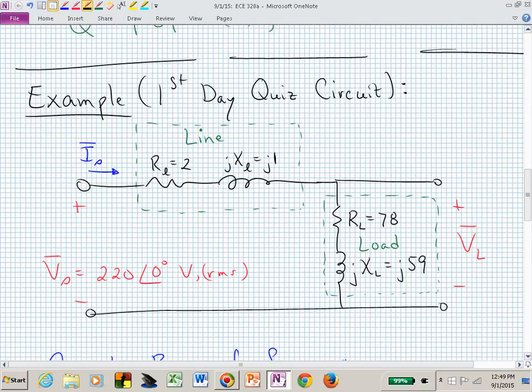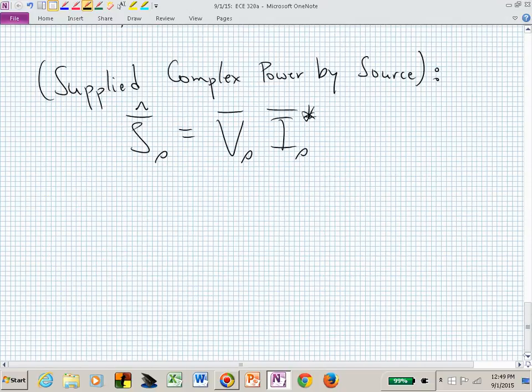You just have an impedance with a voltage dropped across it. You can find the current by simply dividing that voltage by the total impedance. Let's find our total impedance in this problem. Z total is 2 plus j1. That was the impedance of the transmission line, and we could call that little z sub l if we needed a notation just for the impedance associated with the transmission line, plus we have 78 plus